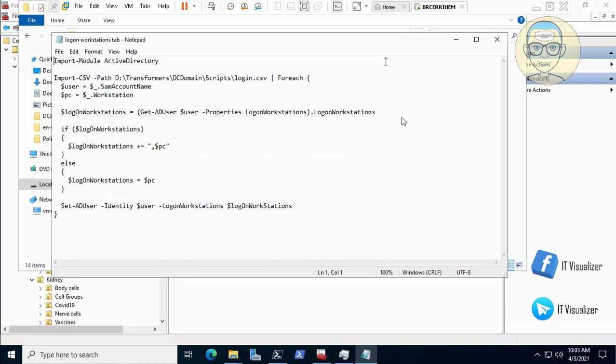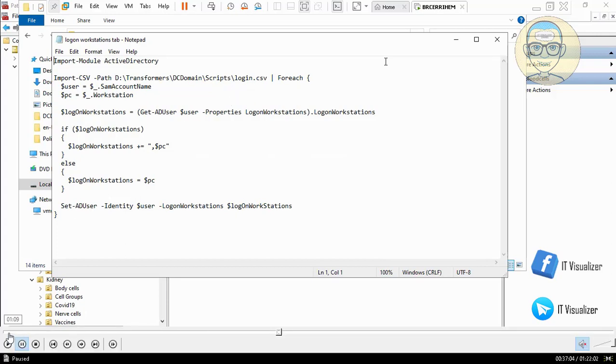So I am restricting certain users to access certain computers, and this is written in this CSV file. I am telling it the user and the PC that I need this user to access. So this is good if you need to restrict certain users to access certain computers. Now we will do this also,